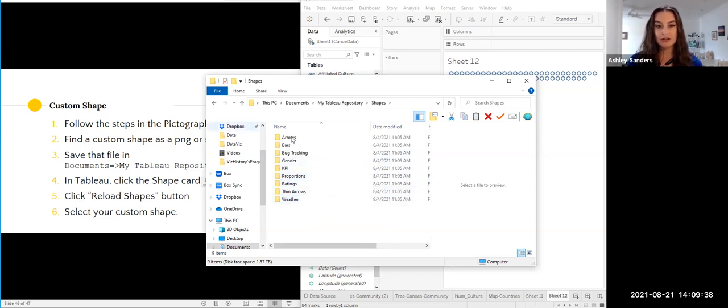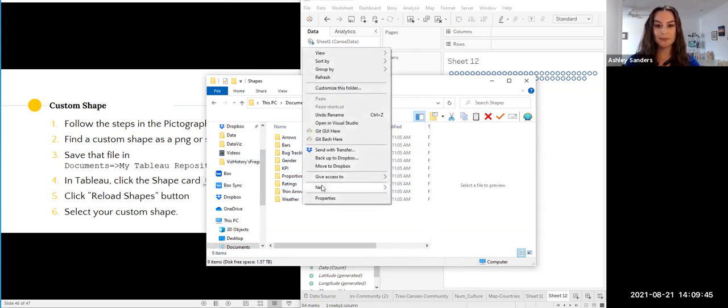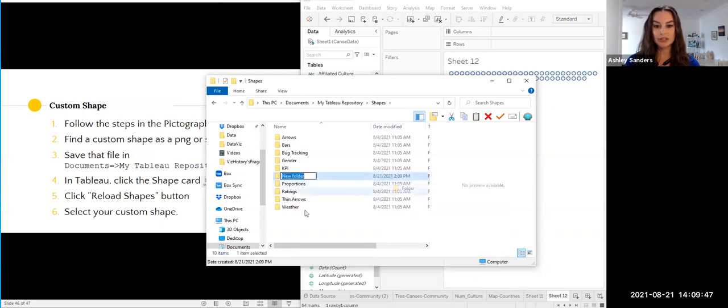And I would suggest creating a custom folder here. You can label it whatever you'd like. So I'm going to create a new folder. I'm just going to call it custom so that I know that that's where my unique image files will be, the ones that I have added myself. And then you'll move your image file into that custom folder. So generally just drag and drop will work on most computers. Once you have saved that in there,